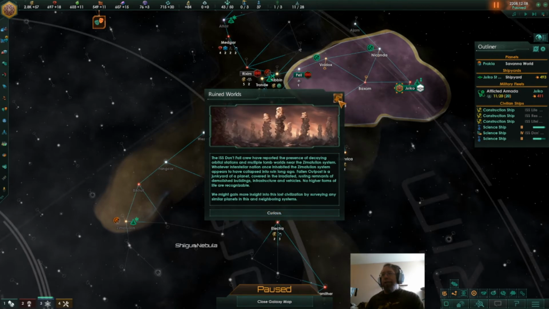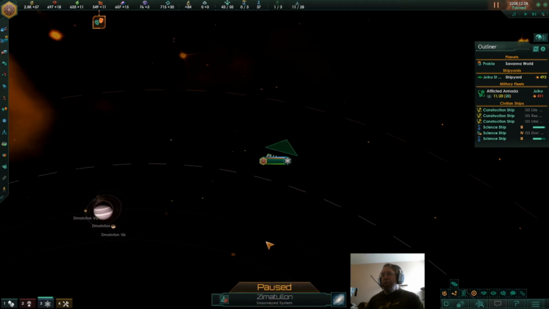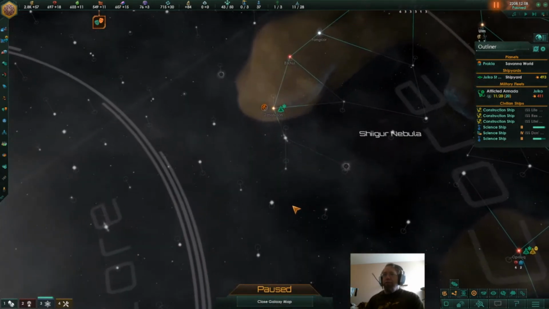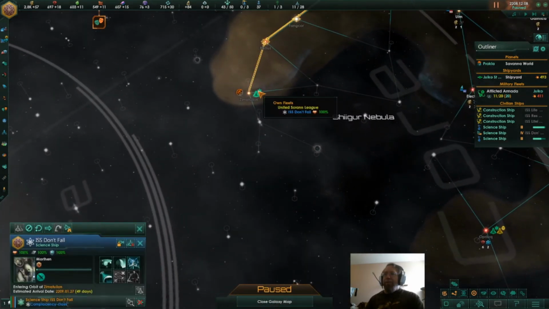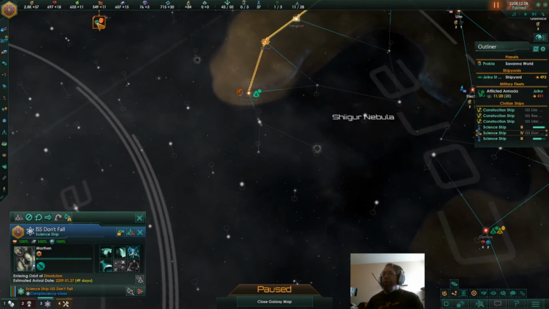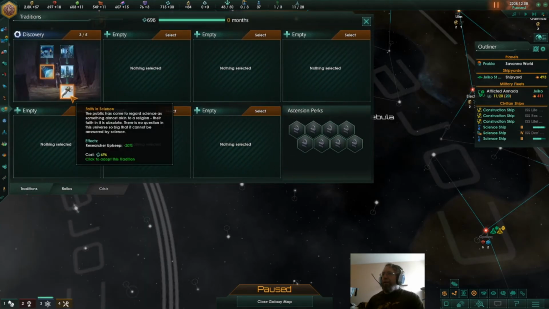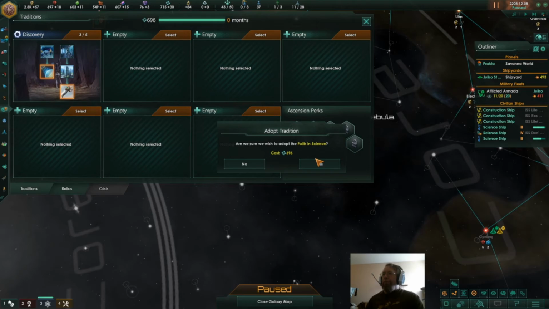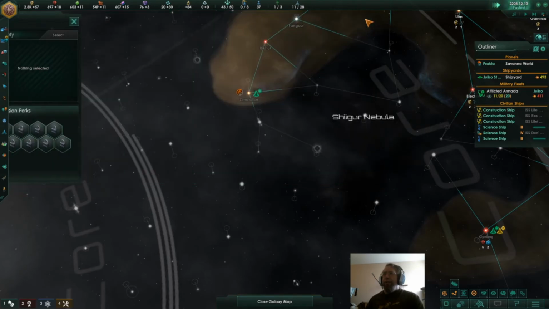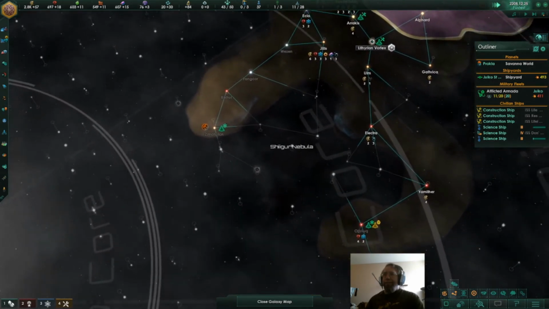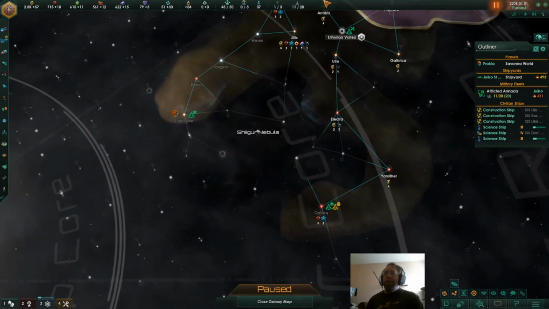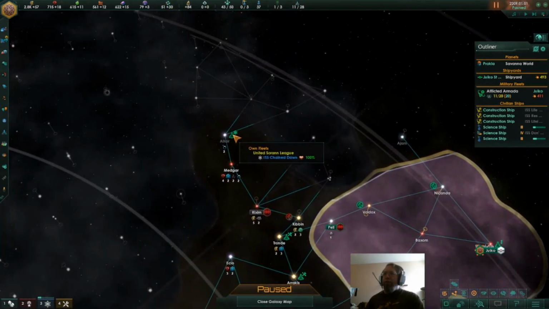Tomb worlds. Interesting. Alright, yeah, so this is the choke point. Gotcha. Cheaper upkeep. Go ahead. And normally I don't do this, but I want to try to show off